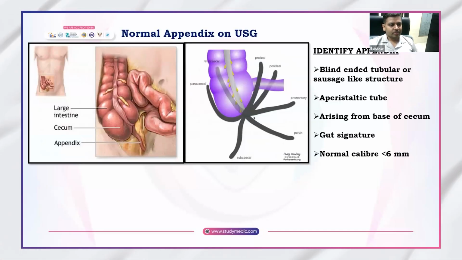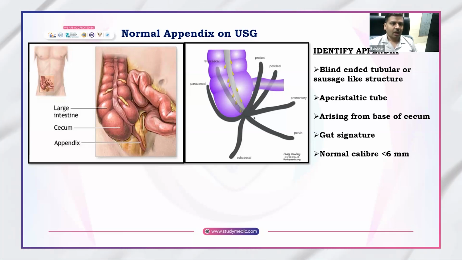So before going into details of the ultrasound appearance of the abnormal appendix, we'll talk about the normal appearance of the appendix on ultrasound examination. As we know, the appendix is a blind ending tubular structure located at the tip of the cecum, and these are the variable positions of the appendix. It can be pre-ileal or post-ileal, subcecal, pelvic, retrocecal or paracecal. The retrocecal appendix can even reach up to the subhepatic region. So there is variable location of the appendix, and we should be aware of this